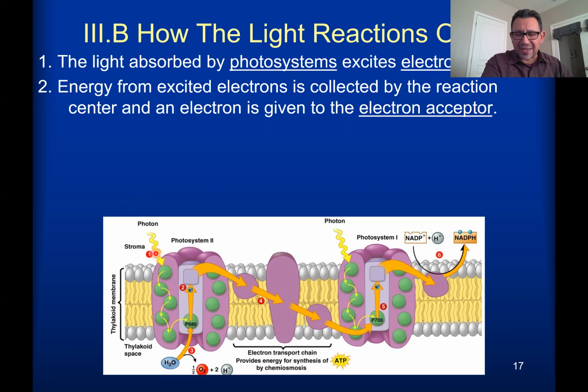When light hits the photosynthetic pigment like chlorophyll, electrons are going to get excited. And the way electrons get excited is that an electron goes from a lower energy level to a higher energy level. Now, the detail about excited electrons is that they don't stay forever in this excited state. After it's been in a higher energy level only briefly, the electron returns back to a lower energy level. And when it does so, it releases free energy, and that free energy is going to be transferred to the next photosynthetic